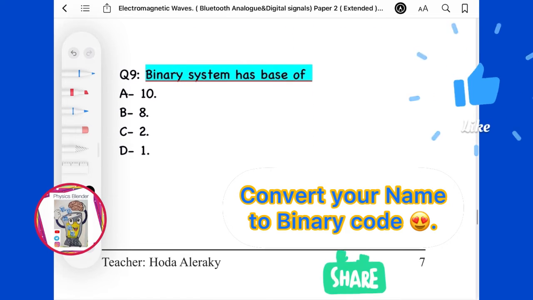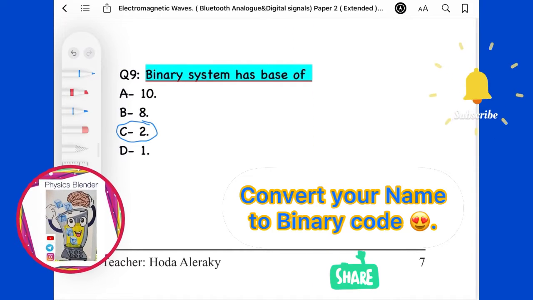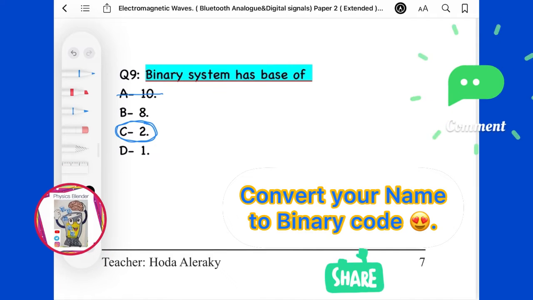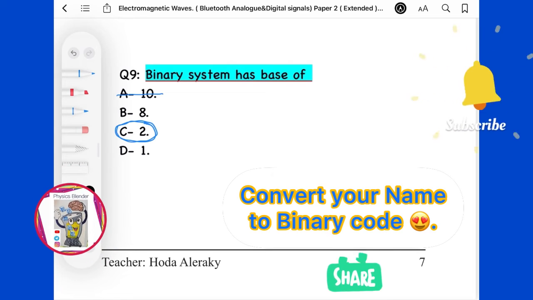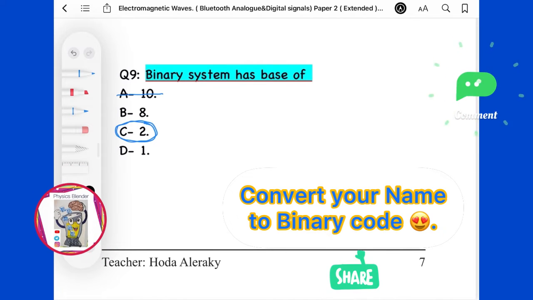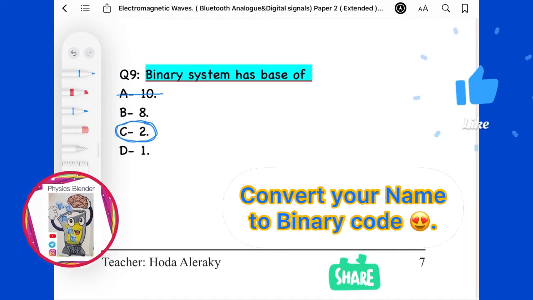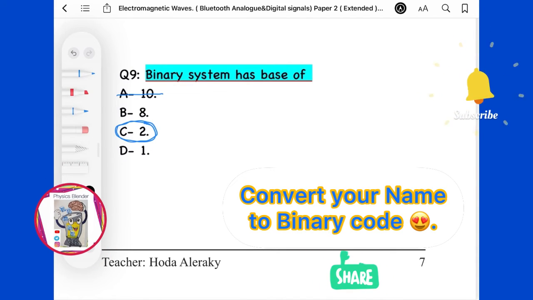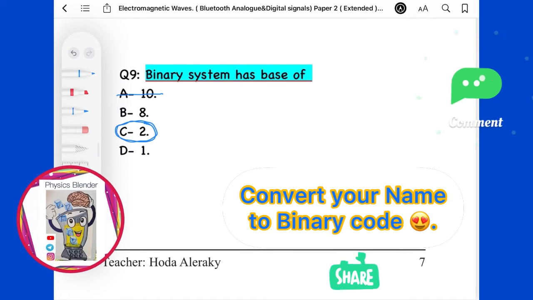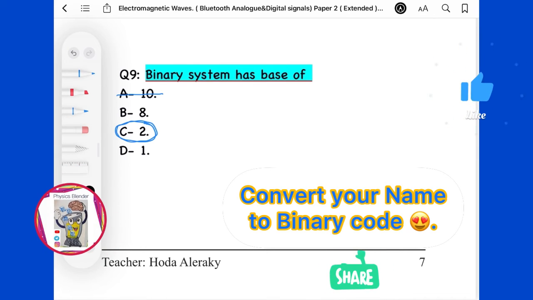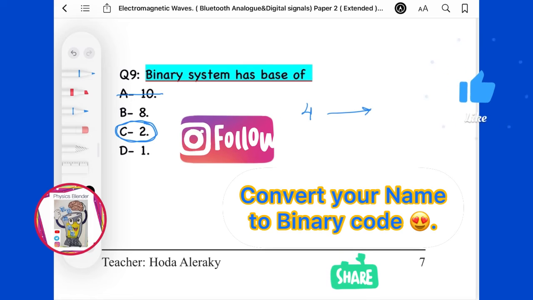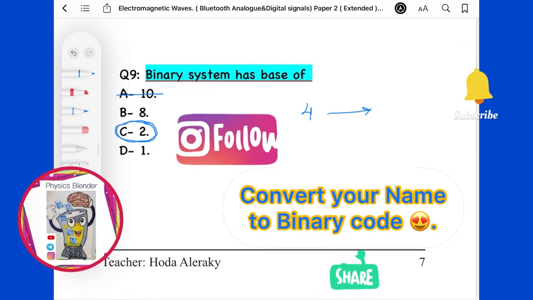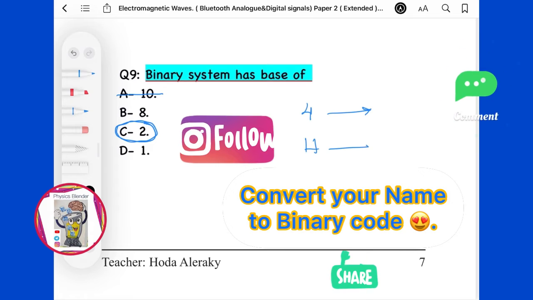Question 9, the binary system has a base of 2. I said it right now. It's not the decimal one, the one we are usually using in mathematics. No, it's a language used in mobile and computer technology, and the binary system is using a base of 2. Okay. If you would like to know more about how we can write numbers, for example, how number 4 can be represented as 1, 0, 0 and so on, or how letters can be represented,